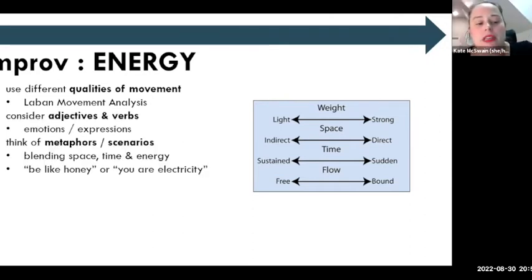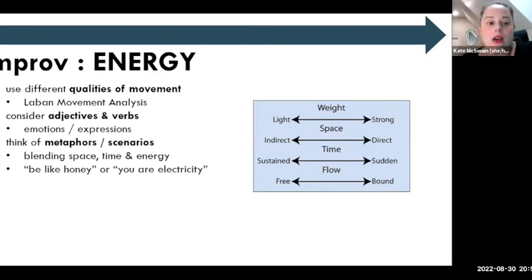Next, I put these two together because adjectives and verbs is obviously a great one because those are our emotions. So you can do the improv exercise of picking out of a hat a ton of different adjectives or verbs. You could do emojis and they pick out of the hat emojis. That's a really good exercise. And then they get to work through how does their energy change when they're expressing sadness? How does their energy change when they're expressing